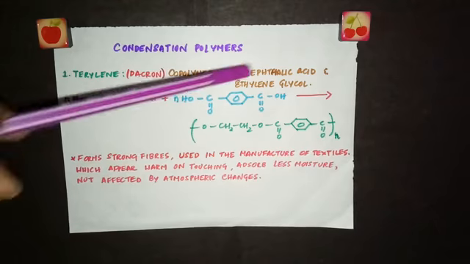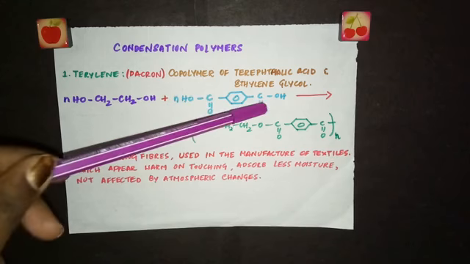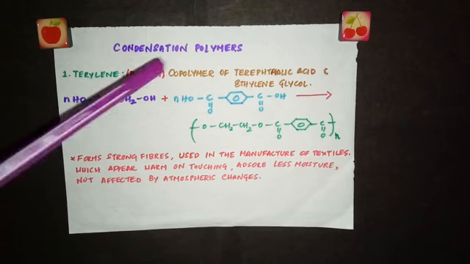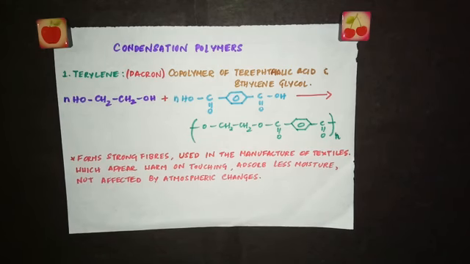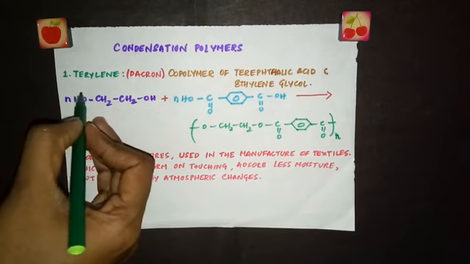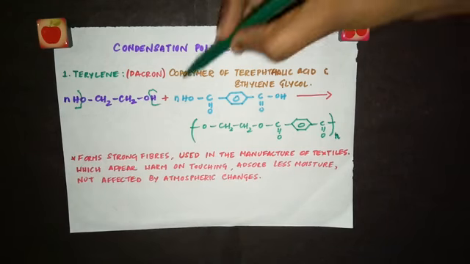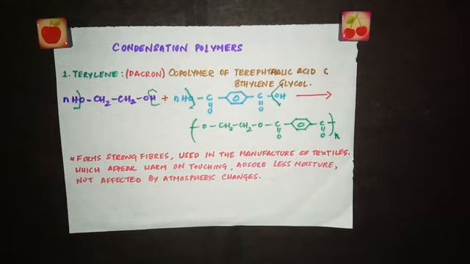And the next one is terephthalic acid. So benzene ring, first and fourth position, COOH groups. And remember what I told you, if you have a COOH group, OH will be going out. If you have OH, H will be going out. So it's very easy to write the polymer. Here this H will go out, here this H will go out, and here OH will go out, and in the same way here OH will go out. So write everything else as the product.